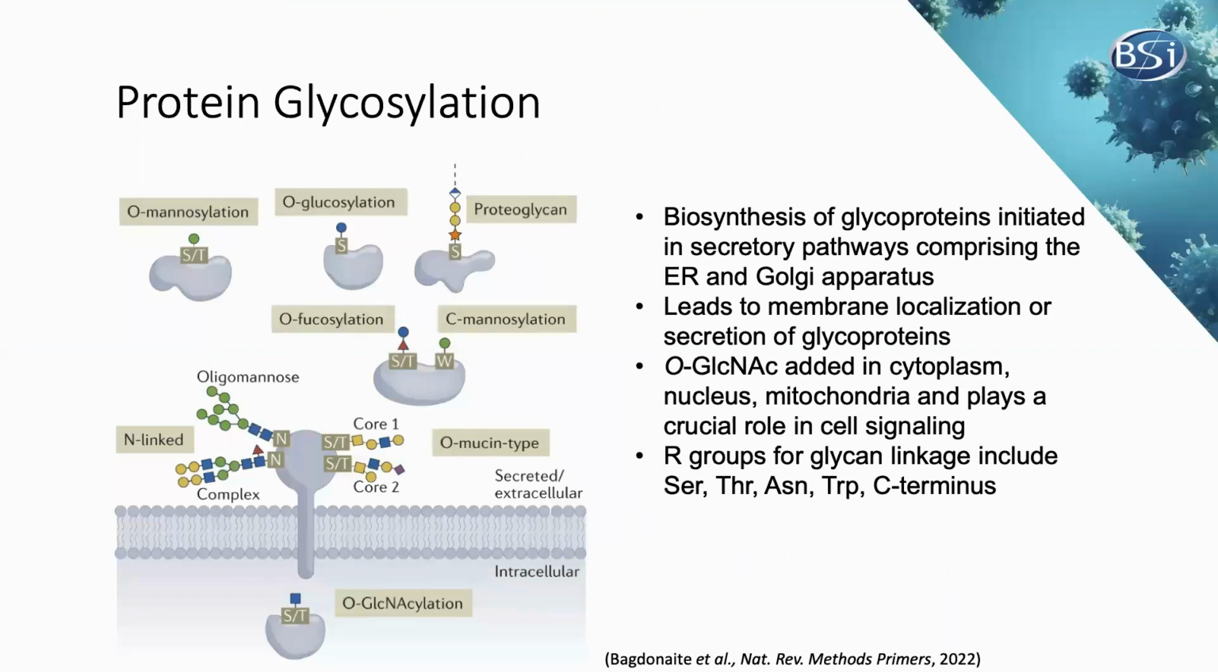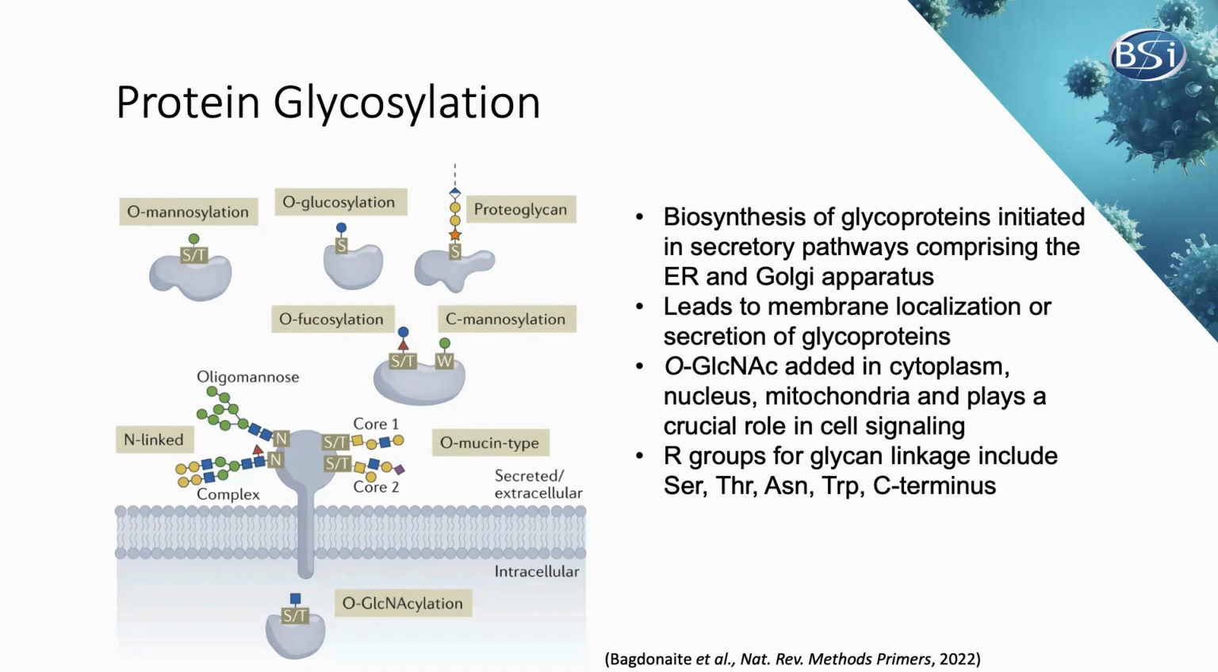Okay, so just to start off, a brief introduction on protein glycosylation, which many of you probably already know. A range of different glycosylation types exist across eukaryotic cells and mammalian cells. And the cells have multiple different pathways for protein glycosylation. It often involves the secretory pathways comprising the ER and Golgi apparatus. And so the installation of glycans on proteins with N-link pathways